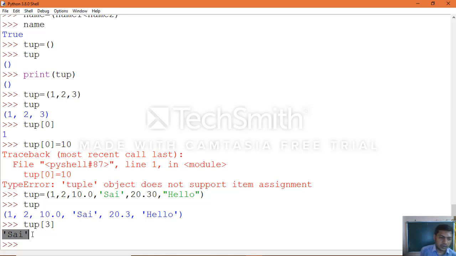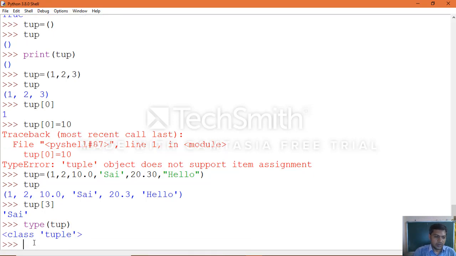Okay, so now we know how to initialize a tuple and how we can make use of it. Yes, you can check the type of data it is holding by using the predefined function, the same thing which you can use. The type of data is tuple, which you can see clearly it is holding. Okay, so now we know the way how we can make use of a tuple.